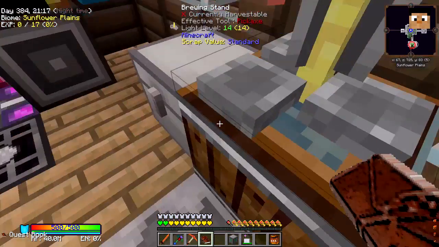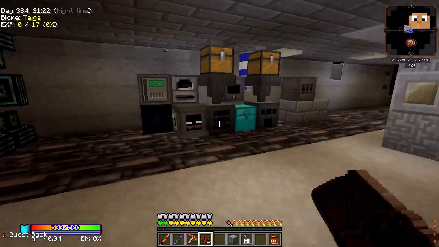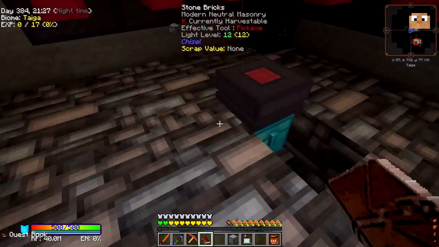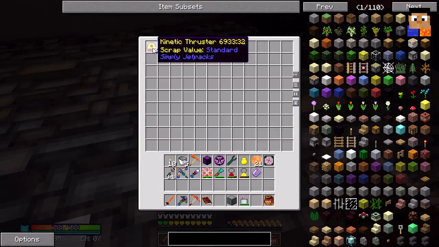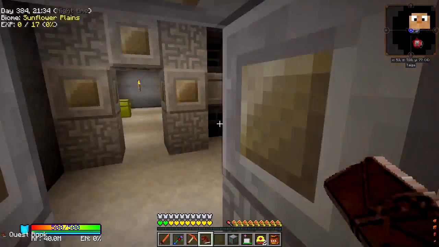In fact, I set the machine off down here. Where's it gone? It's behind here somewhere. I have this back here. This was creating some combustions, I think. Kinetic thrusters, there we go. So we should, in theory...